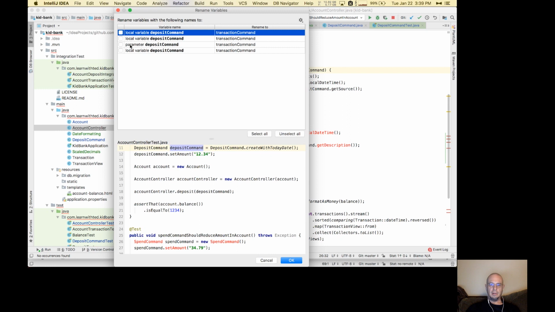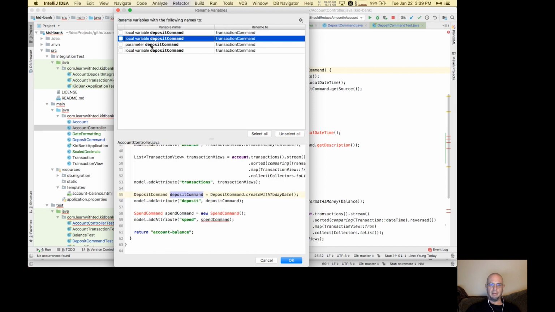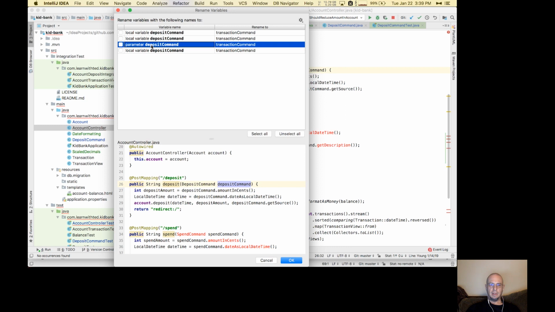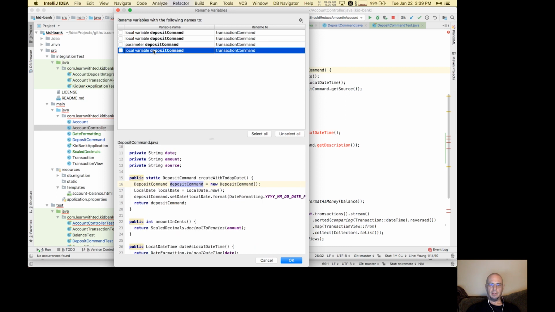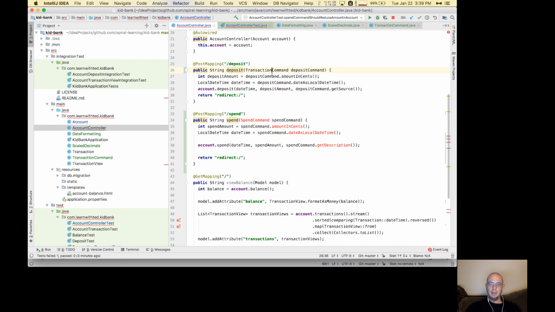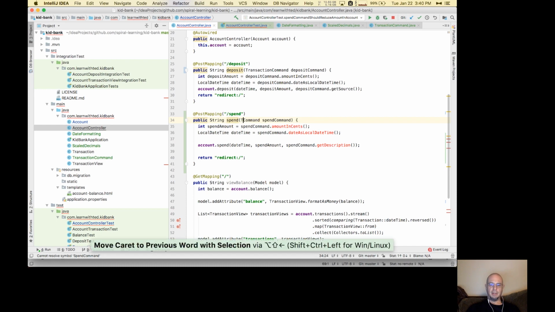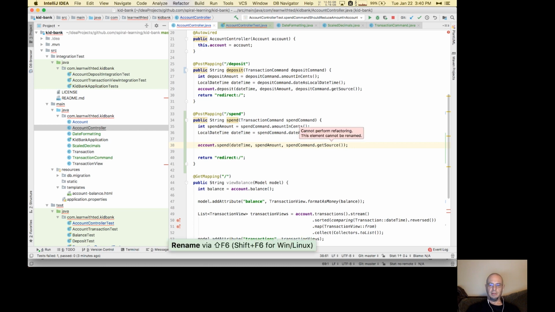And keep this variable. We'll keep that variable. We'll keep that variable. And we'll change that variable. Okay, so we've got our transaction command, deposit command. Otherwise, everything is fine. So here now we're going to basically just use transaction command, and probably want to, since I'm now reusing this in 2 places, get source is kind of weird from the spend point of view. So I will generalize it to